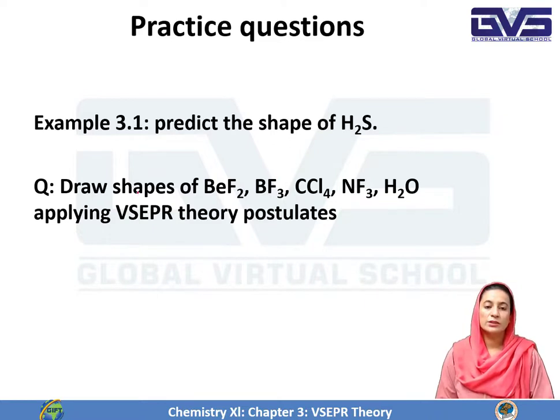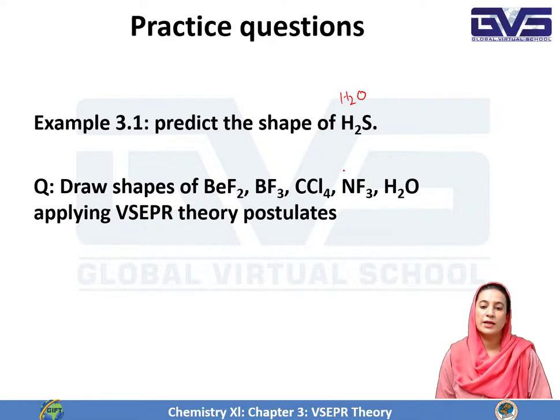So now this is the question for you. Predict the shape of H2S. Its shape is just like the shape of H2O. And also draw the diagram of BeF2. It is like BeCl2. BF3 is like BCl3, CCl4 is just like CH4, NF3 is just like NH3, H2O, and a few of them I have